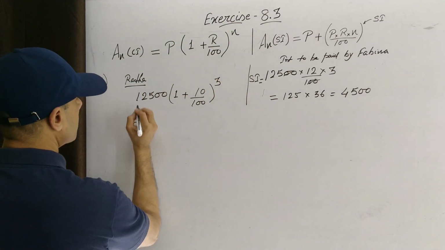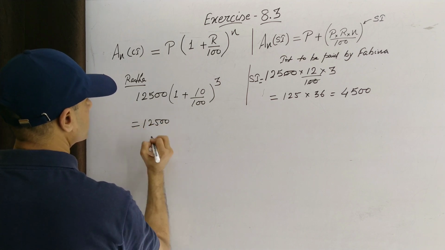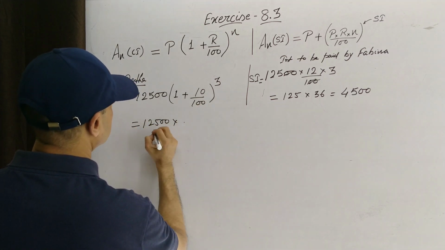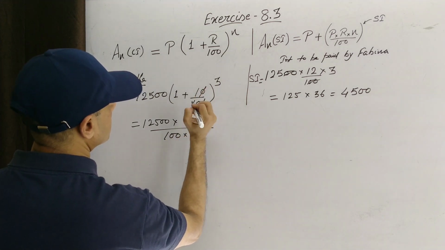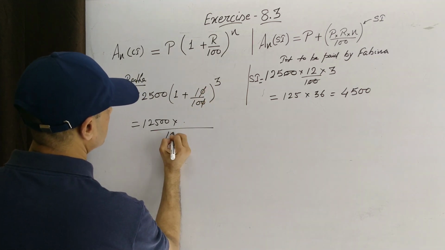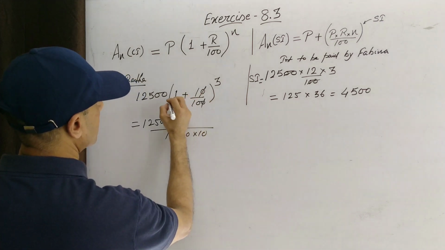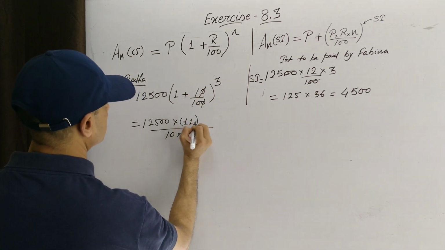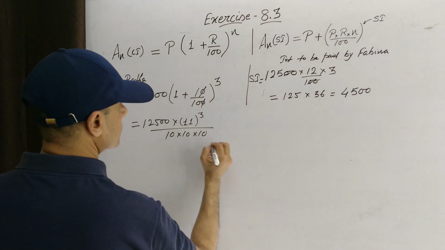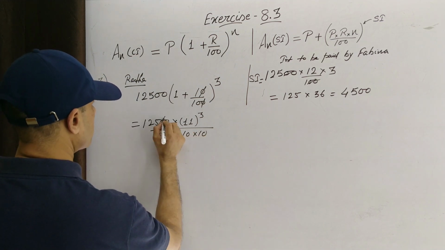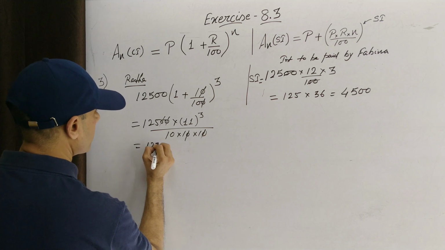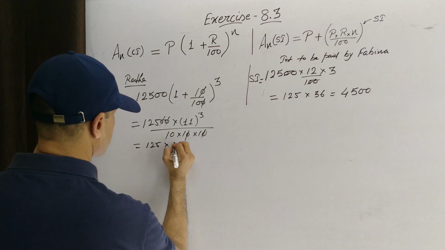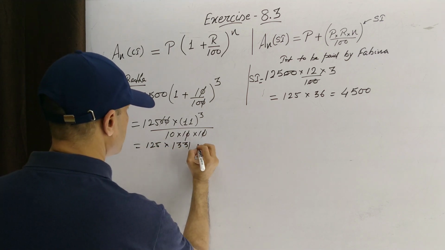So the amount will be 100 into 10 into 10 into 10, and this will be 11 cube. So this will be 125 into 11 cube, that is 1331,